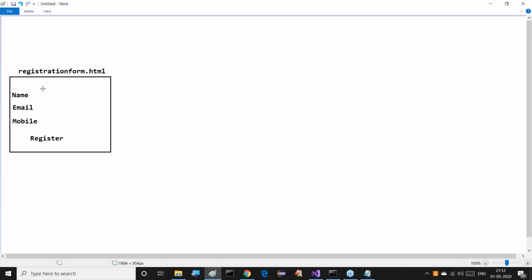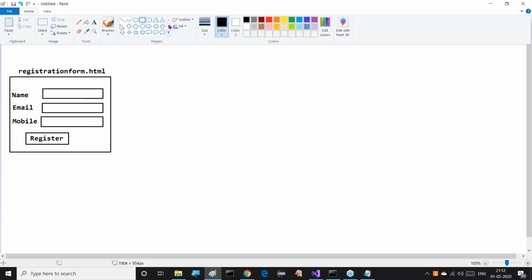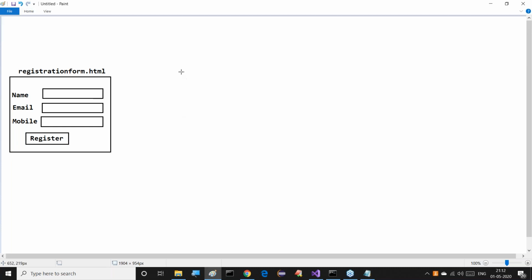Let me provide this content. This will be name, email, mobile, and Register. These things exist. You can understand it now. Next, here we are having a servlet.